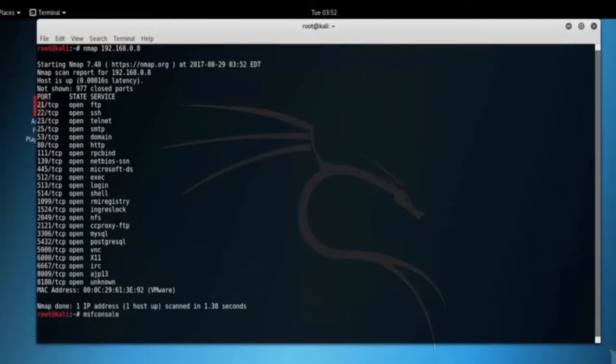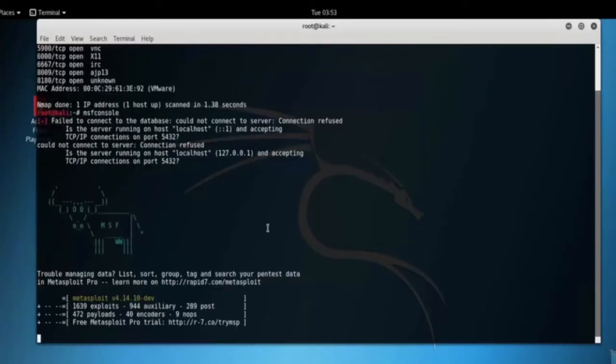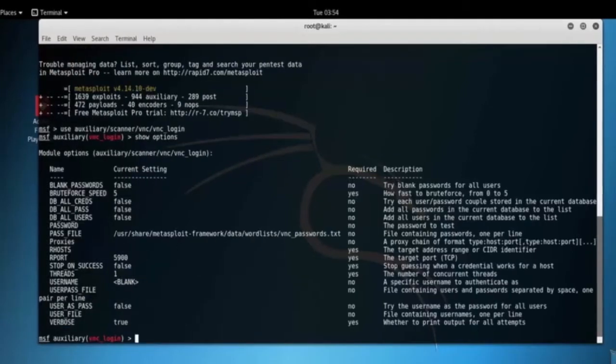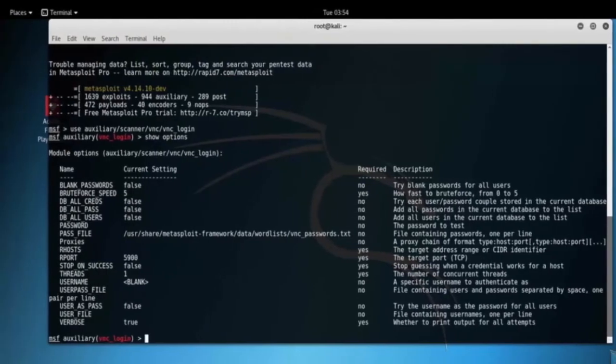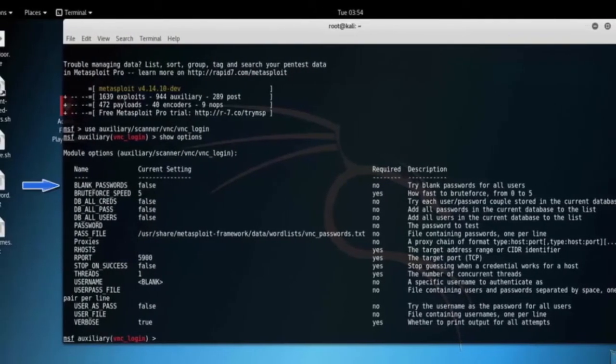Let's open up Metasploit, type msfconsole, type use auxiliary/scanner/vnc/vnc_login. Type show options. Here you can see the module basic options: BLANK_PASSWORDS, to try blank password for all users,